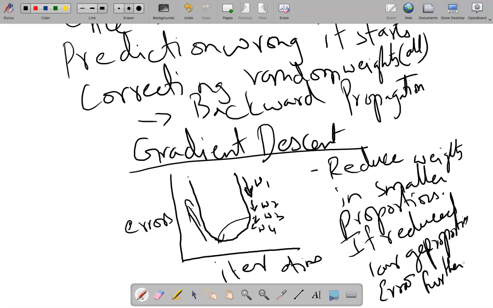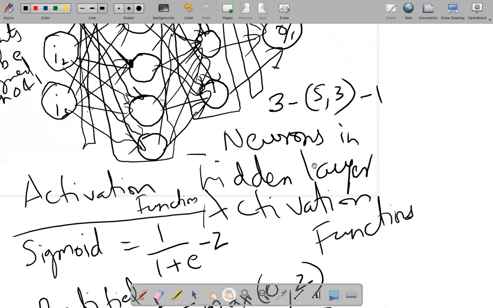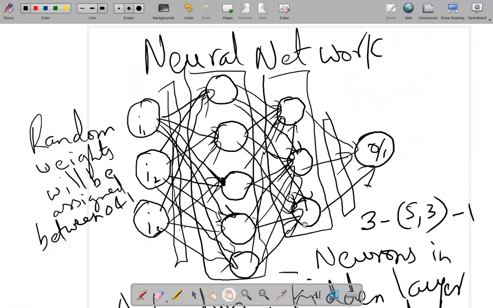That is why the gradient descent algorithm says reduce the weights in smaller quantities as you reach the target. Thereby you will reach the global minimum. Okay. So this is what the gradient descent algorithm in neural networks is all about. So you have a basic understanding of neural networks because we are going to run a neural network on the data.